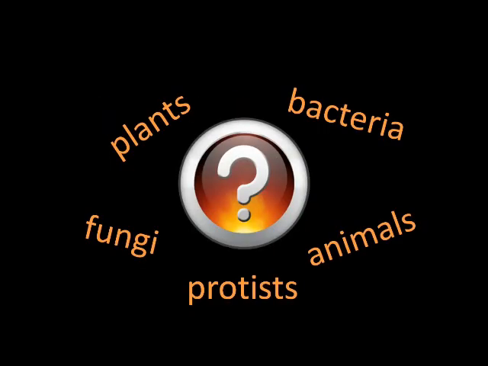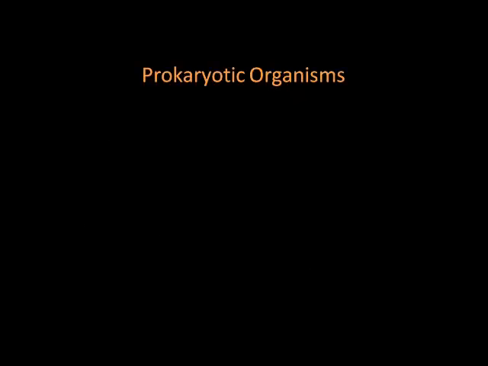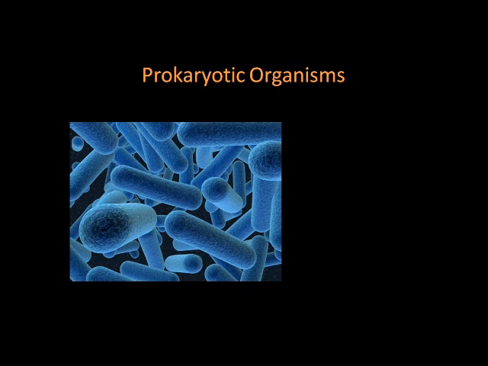Based on the descriptions of prokaryotic, the small, simple cells, and eukaryotic, the larger, fancier cells, what types of organisms do you think would have prokaryotic and eukaryotic cells? If you think that small, basic organisms have prokaryotic cells, you're absolutely right. Bacteria, what we think of as germ cells, are an example of prokaryotic organisms. In fact, bacteria are the only type of organisms that have prokaryotic cells.